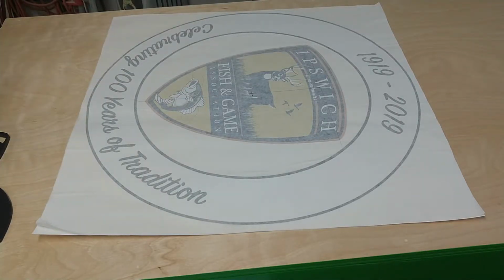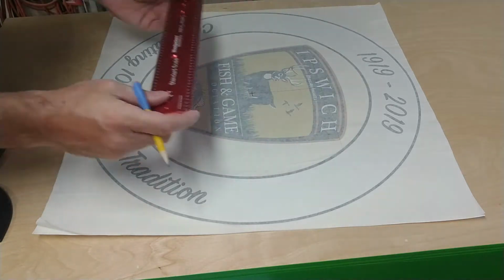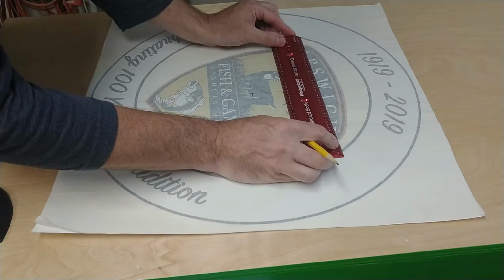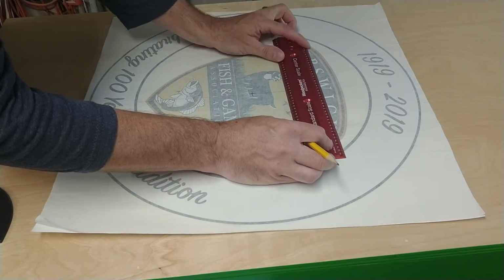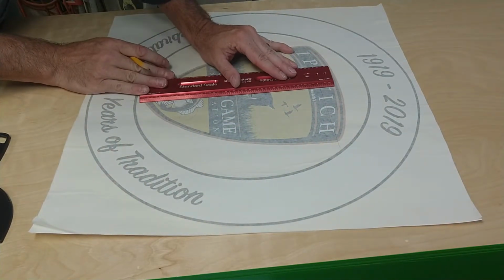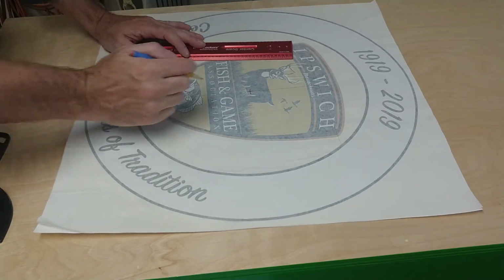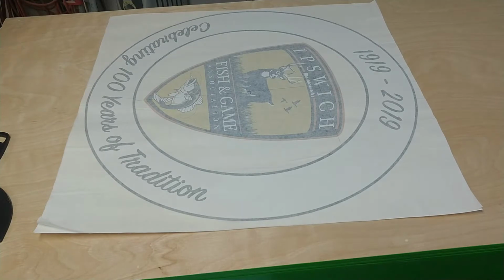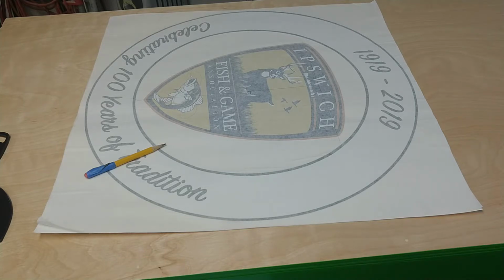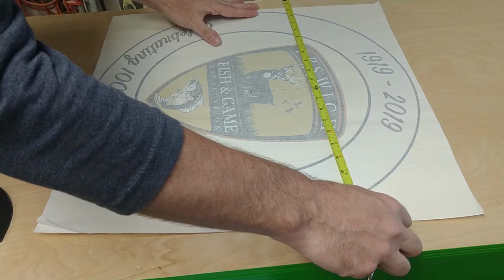Okay, as you can see probably from this one, the decal or logo on the decal is not actually oriented correctly. So what I basically did here, and obviously every situation is going to be completely different, but because we've got this emblem right in the middle, I found the center point between these 2 points here, drew a line, marked the center there, and then used the bottom down here to draw a line to this dead center. Found my center point of the decal, and now I can actually orient it off of that line that I've drawn as opposed to the edges of the